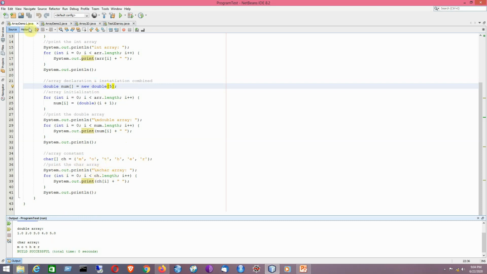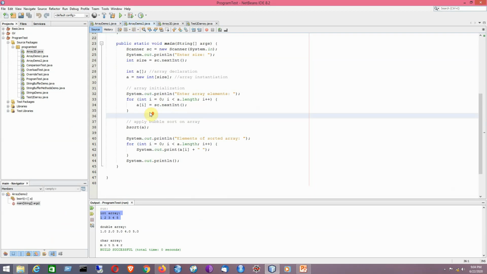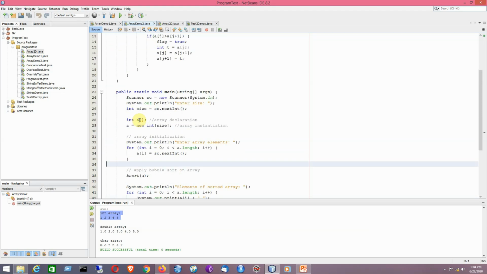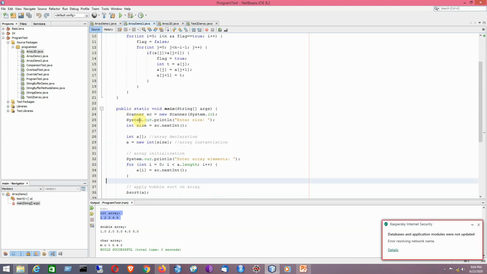Now I'll be moving to the next example. It is basically a sorting example. Here we will be using the bubble sort technique. As you already know about the bubble sort technique, I will not be discussing it. Just try to look at the idea that I will be following here, how to take the keyboard input and how to pass the elements into the array. That will be the topic of concern here.